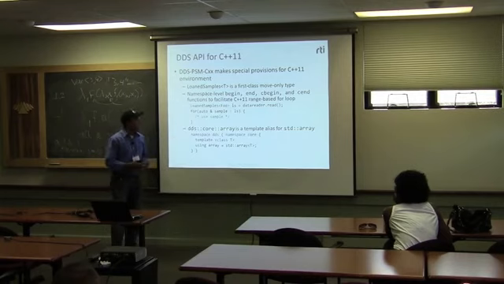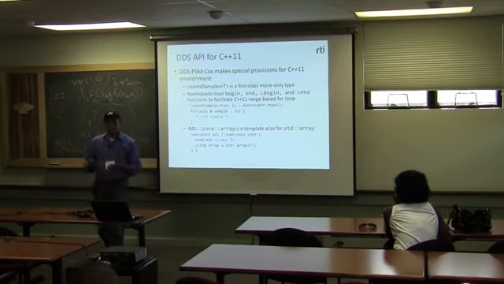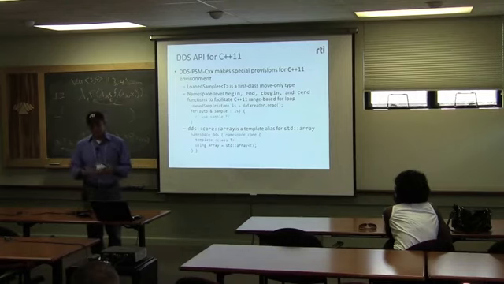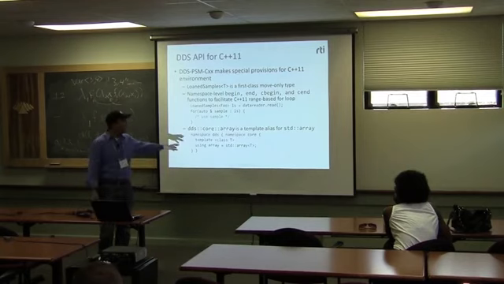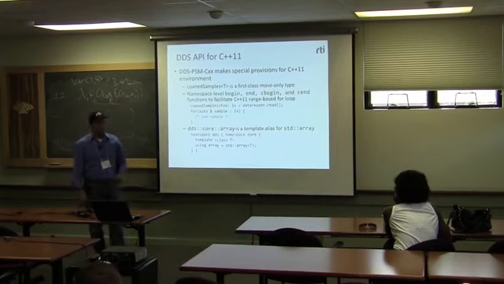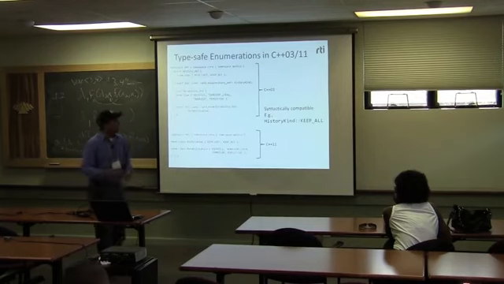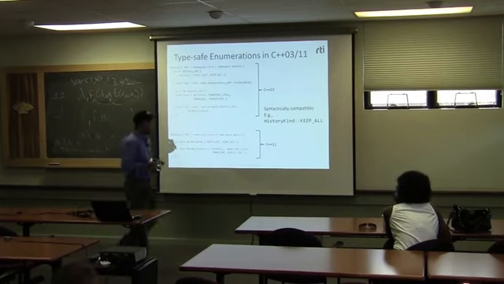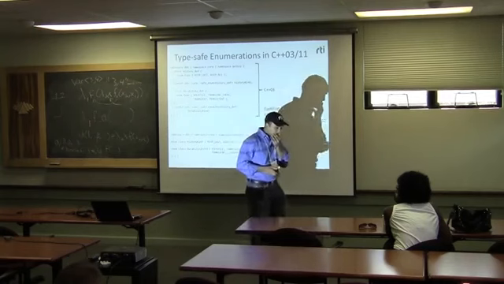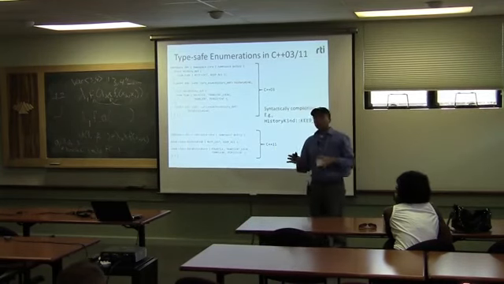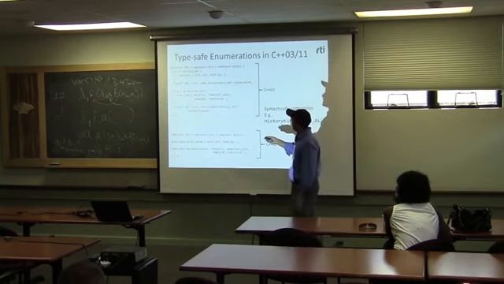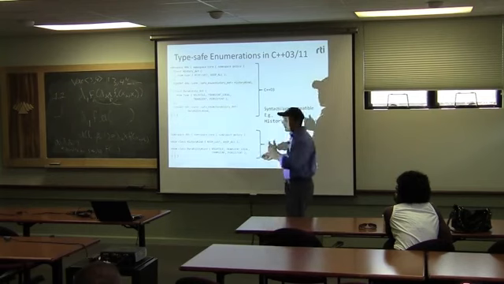The DDS array is a template for standard array, template alias actually. It's the same as that. In C++03 is the identical API. It kind of behaves just like it, but here is just an alias, as simple as that. One more idiom that we found really useful in C++11 is type-safe enumerations. In fact, all QoS policies, for example, durability here, there are these, well, maybe I should use this example, C++11.